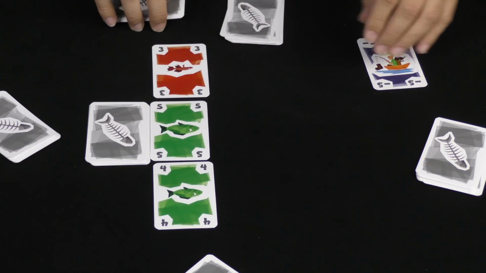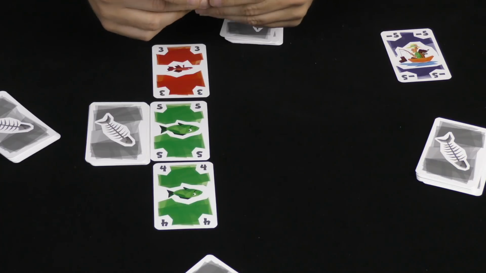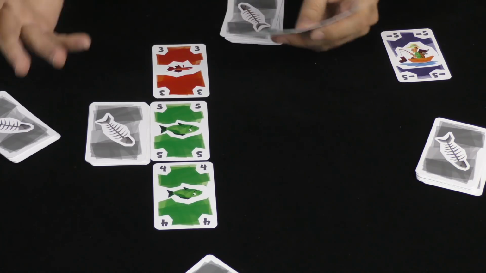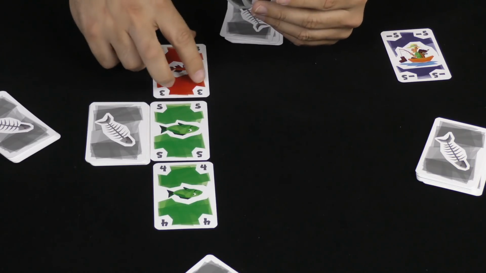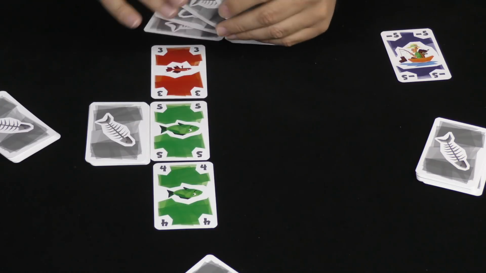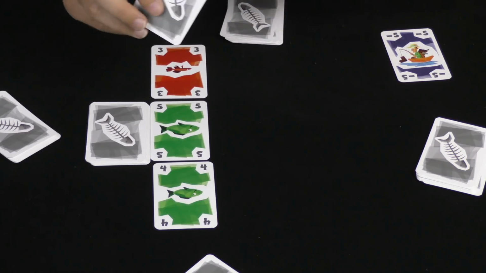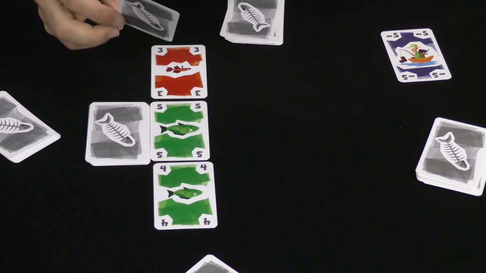On your turn, you are going to play anywhere between 1 and all 4 of the cards you are holding. On your turn, you can play only into a single line, and you have to follow some rules. For example, if I want to play this card, it has to go to a matching row,